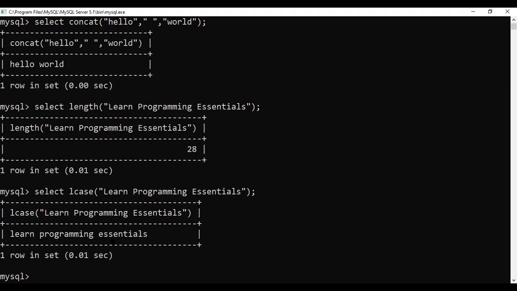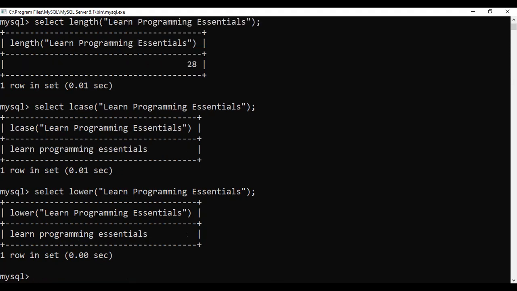All the characters become small case letters. Instead of LCase, you can also use lower. There's no issue, both are the same. It will return the string in lowercase letters.